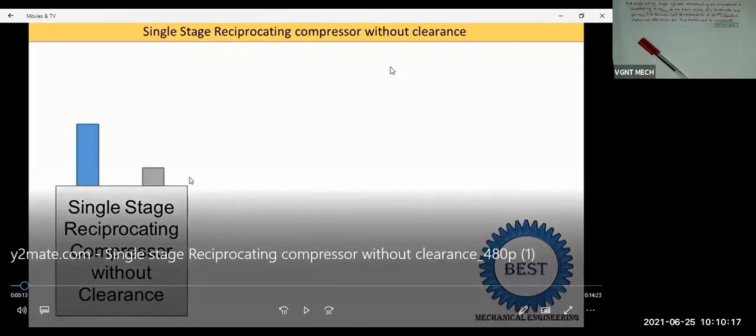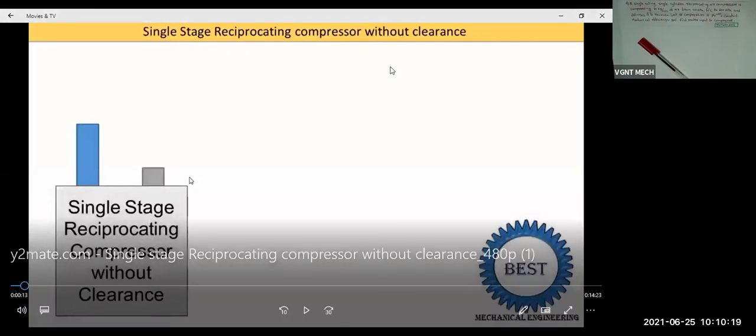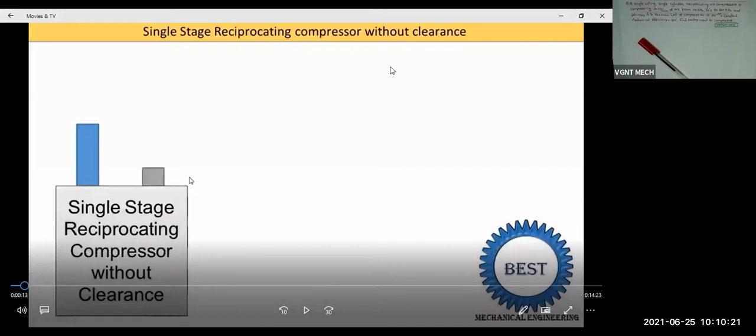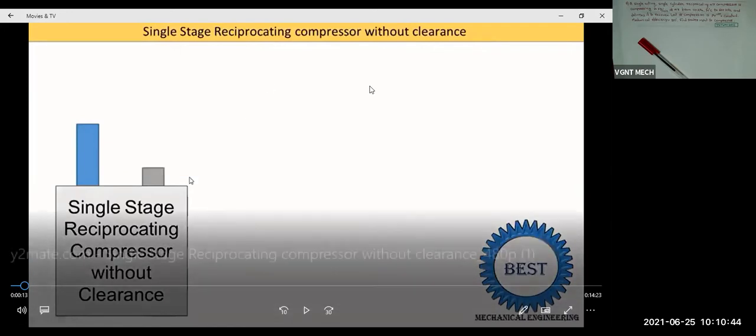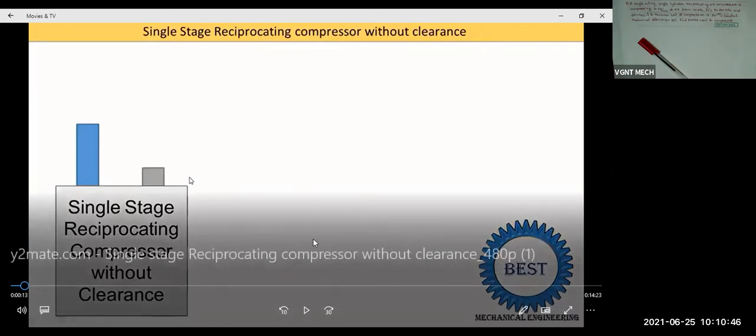So in this video, whatever we have discussed yesterday, the derivations to find out the work done of a reciprocating air compressor, in this video once again you try to understand. Okay, because this derivation has been asked 2 times in the previous year papers. So that's why this derivation is a little bit important. So I am going to play this video. Have a look at it.